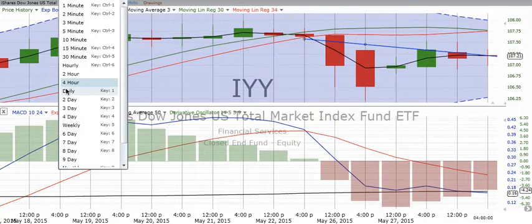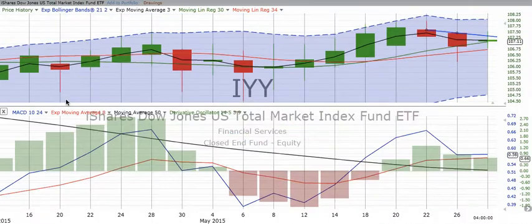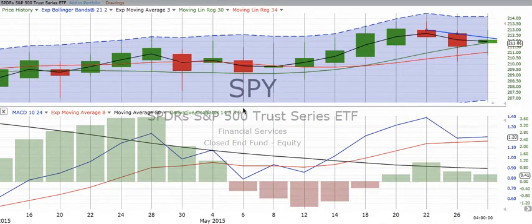So that's where the total market ended on Thursday going into Friday. Now let's look at the SPY, the Standard & Poor's 500. This is another exchange traded fund that tracks the S&P. Now when we look at the S&P, we can see that it is very closely paralleling what the total market